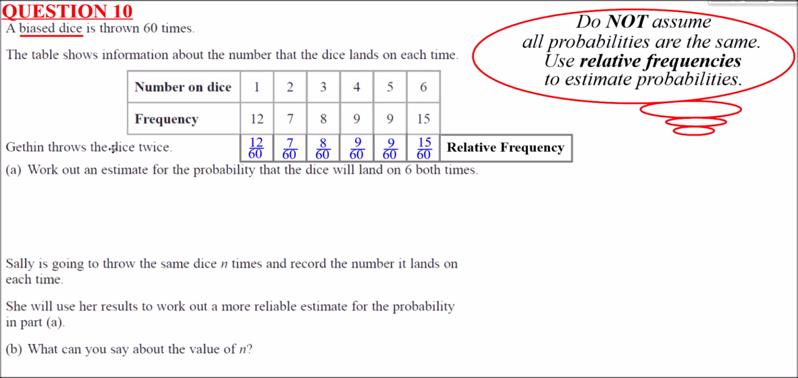Work out an estimate for part A for the probability that the dice will land on a 6 both times. She's going to throw it twice. What about landing on a 6 just once? Well,